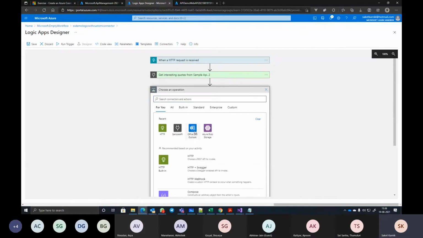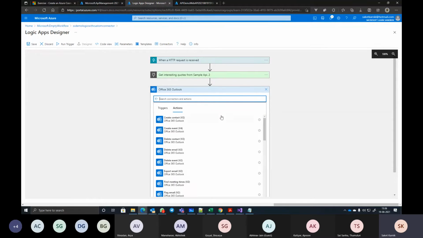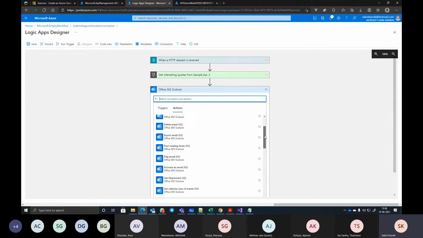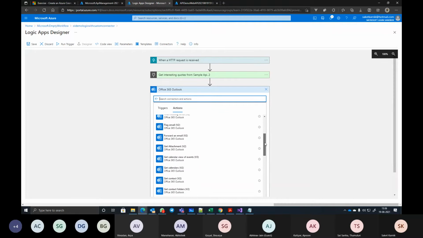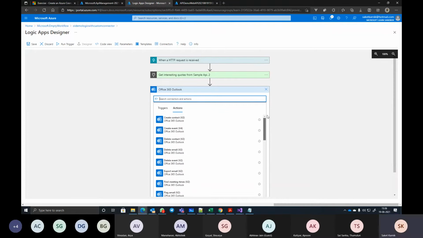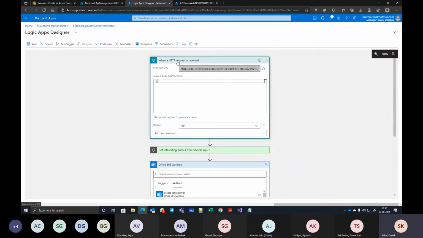So I say Office 365 Outlook. And what I want is I want to send a mail. Okay, before that, I want to modify this. I want a query string parameter over here.